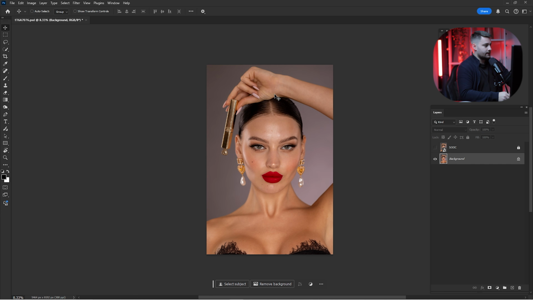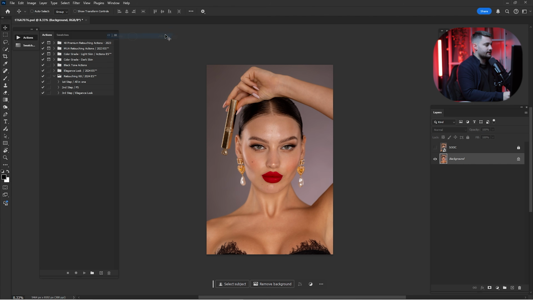So first things first, after you have downloaded the raw file, and you want to follow my step-by-step process, and you have downloaded the retouching actions, you go to Window and click here that says Actions,